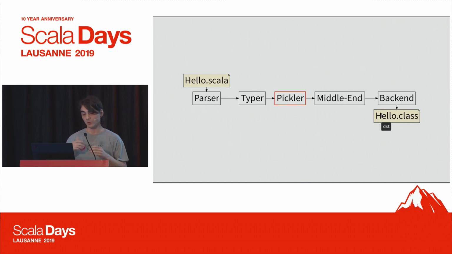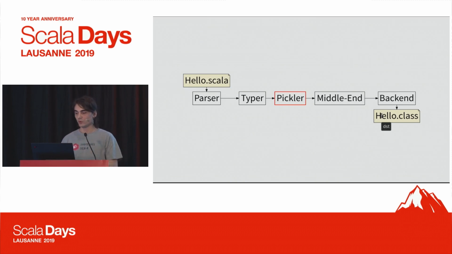Because Java supports generics, there's also some extra information that the JVM doesn't use, but that javac uses to get type parameter information. So somewhere in that class file, we write that this method, which returns a list, actually returns a list of int. But that mechanism doesn't support all the Scala types, because Scala has many more sorts of types than Java has, and in particular, you could have higher kinded types, union types, all that kind of stuff. So